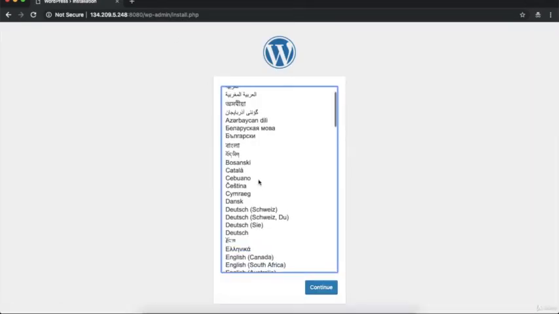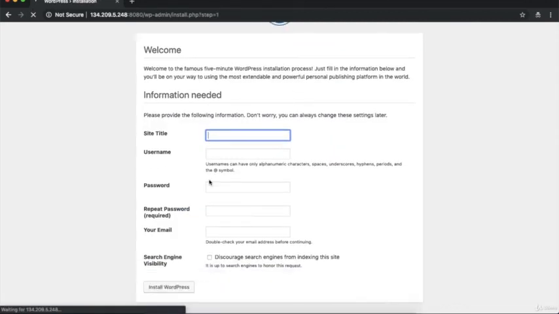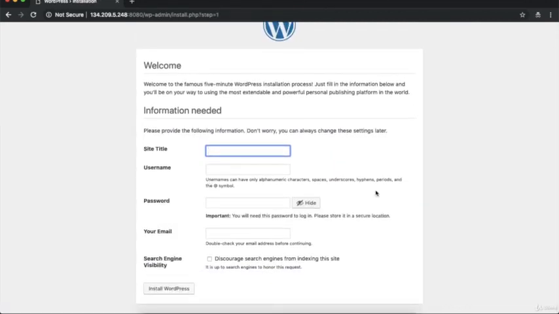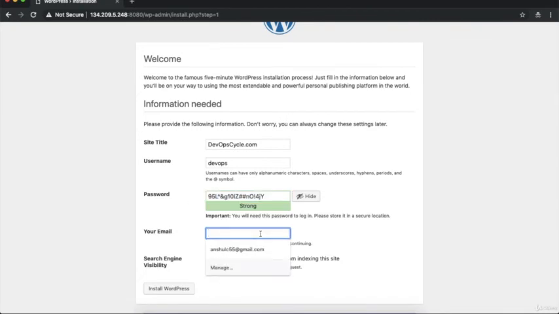If you want, you can go with this particular page. Suppose I go with English and continue, right? Over here, you can fill out this form. Suppose I fill out the site title as devopscycle.com. Username is DevOps, right? Password, suppose I keep this password and copy it into my Notepad++. Now for email, I will put my email